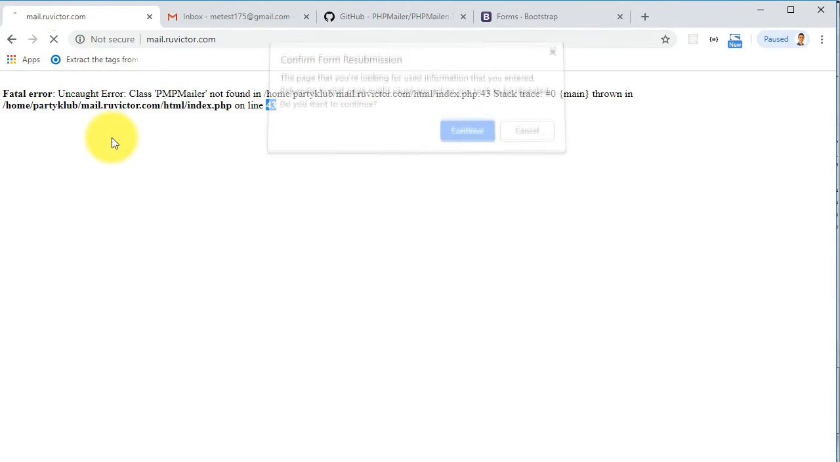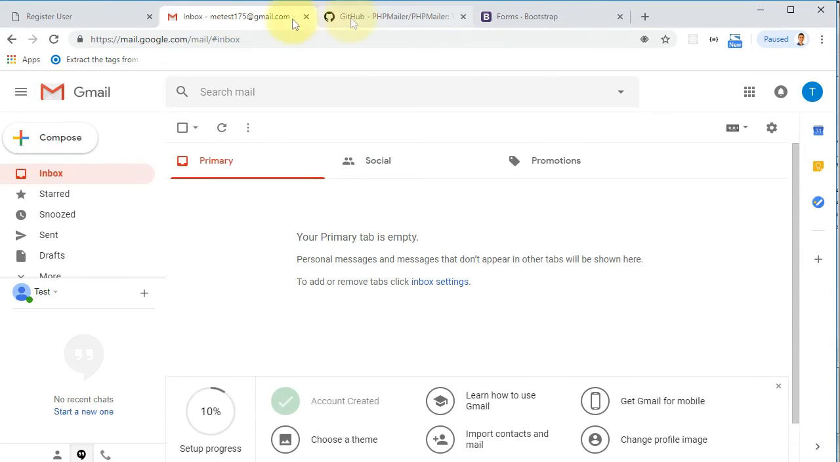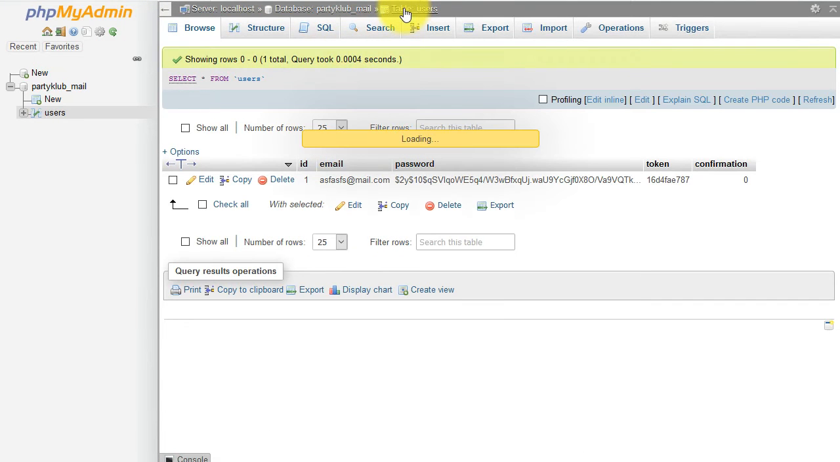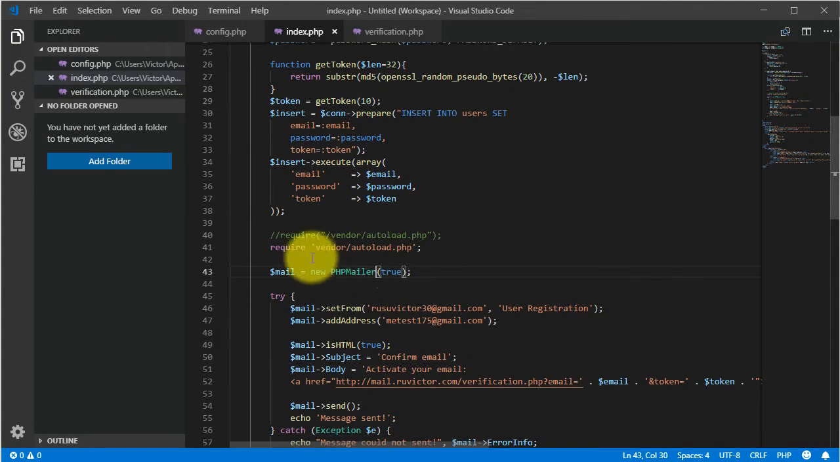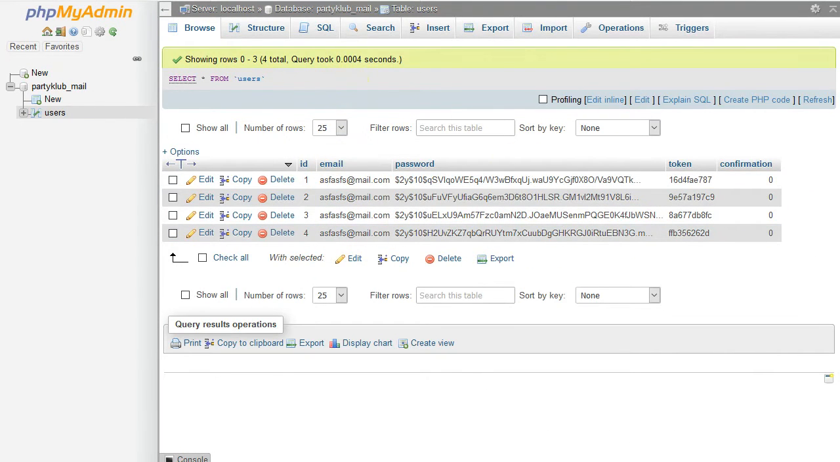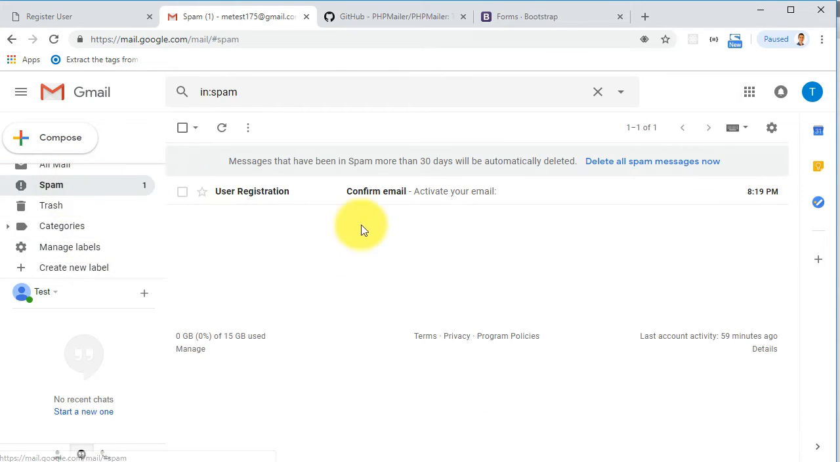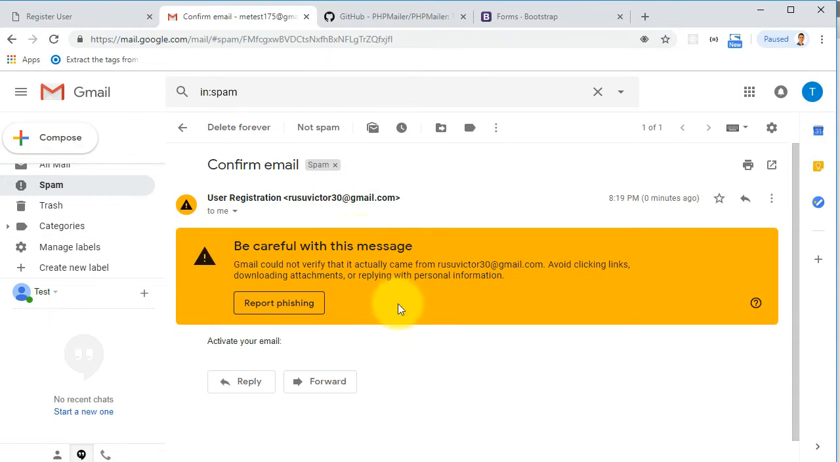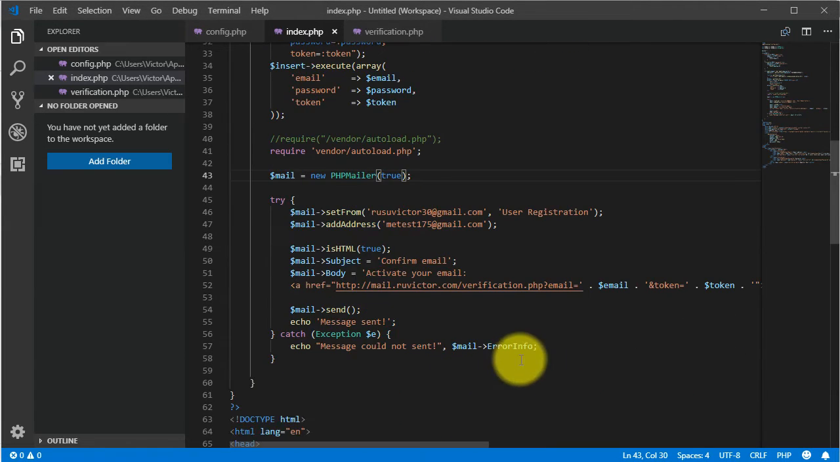So if I refresh it one more time, alright, it tells me message sent. Now if we check the database, of course this is the last user, because we've been trying. It inserts the user, but then the mail wasn't working. That's why we have so many users here now. So now we should have an email. Let's see if we've got any emails. We have a spam, and there's the user registration. Here is our email, and for some reason we don't see the link, because probably I forgot to insert